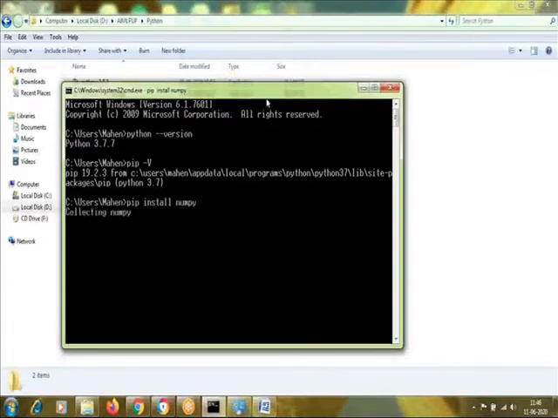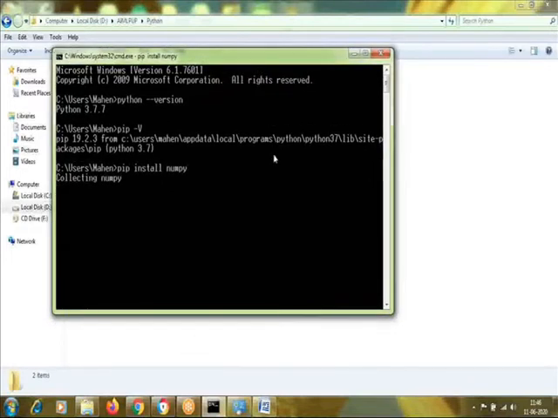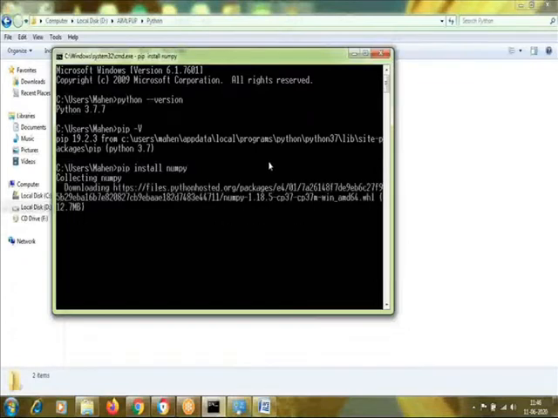And what happens is this pip collects or downloads the library directly from the internet. Okay, so here it is downloading NumPy from the internet and it will install it. So make sure that whenever you are installing something using pip, your internet connection is available and you are connected to the internet.